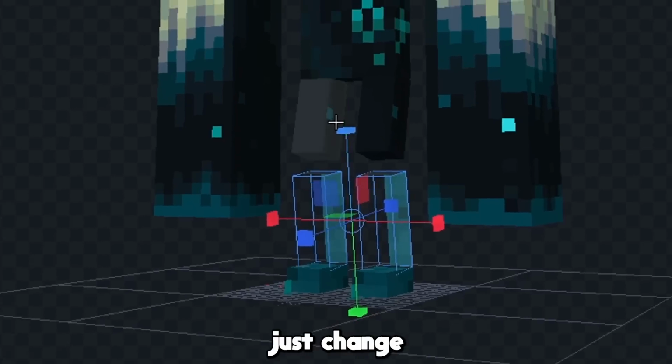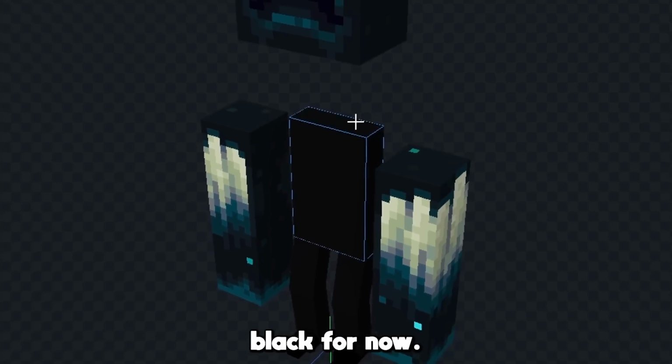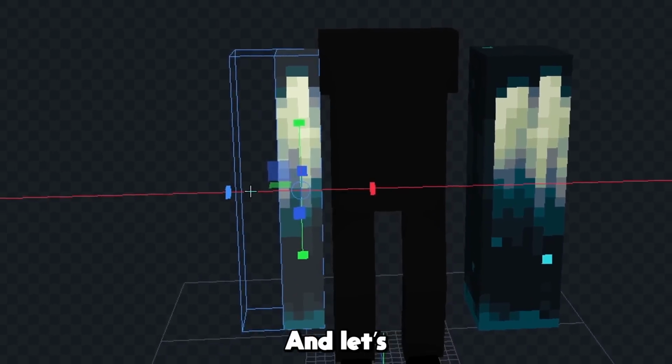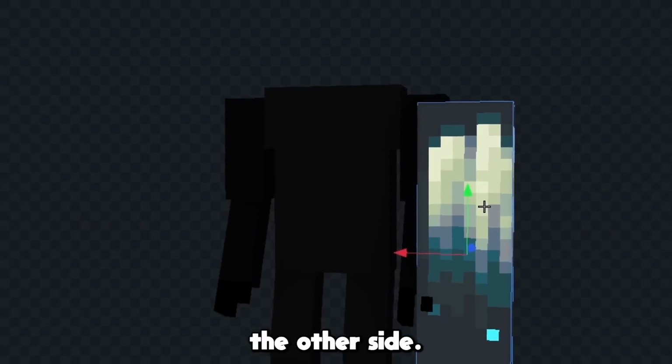a little bit more. Now let's just change the shape of his legs a little bit, and I'm gonna color in his pants and shirt black for now. The Titan cameraman's arms obviously aren't this big, so let's give him some new arms, and let's just give him some fingers as well. Now let's just copy this thing over to the other side, and now we can work